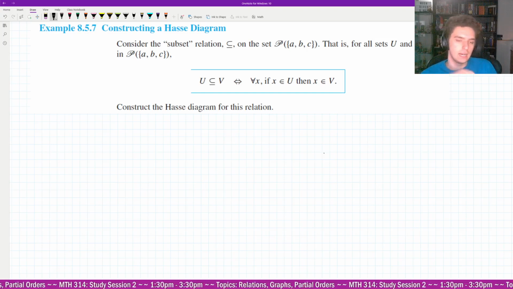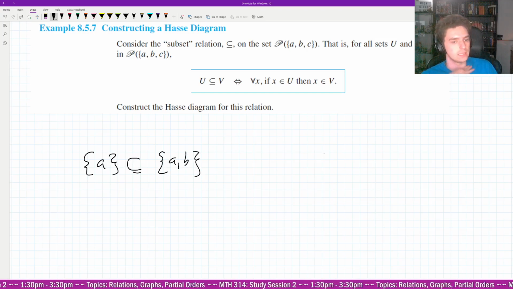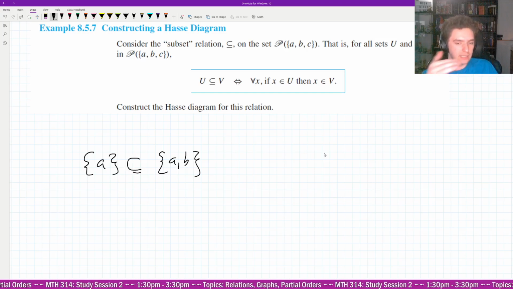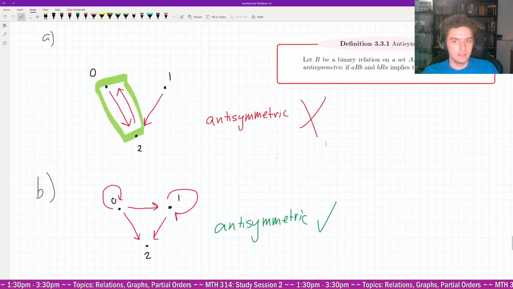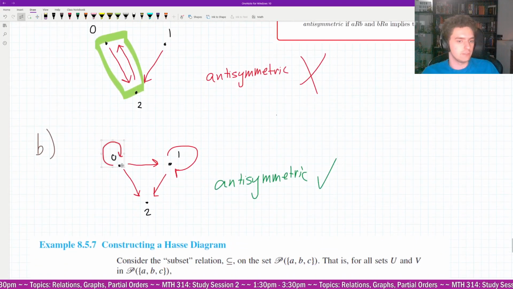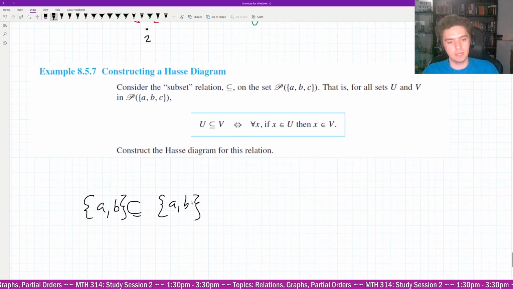Because we have that A is a subset of AB, but AB is not a subset of A. It's never the opposite, right? So it is definitely anti-symmetric. Sorry, I should be clear here. It is only the opposite if it's itself, and that's fine. Remember, we said that's fine if it's the relation to itself. The symmetry is to itself, but it's never symmetrical to a different set,